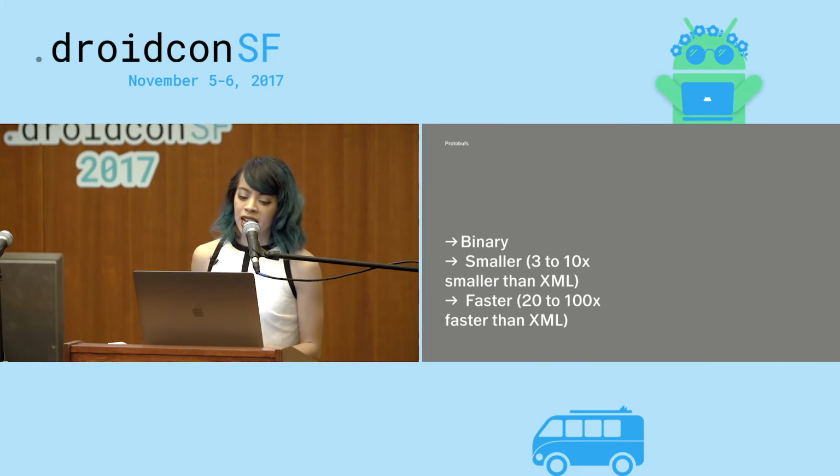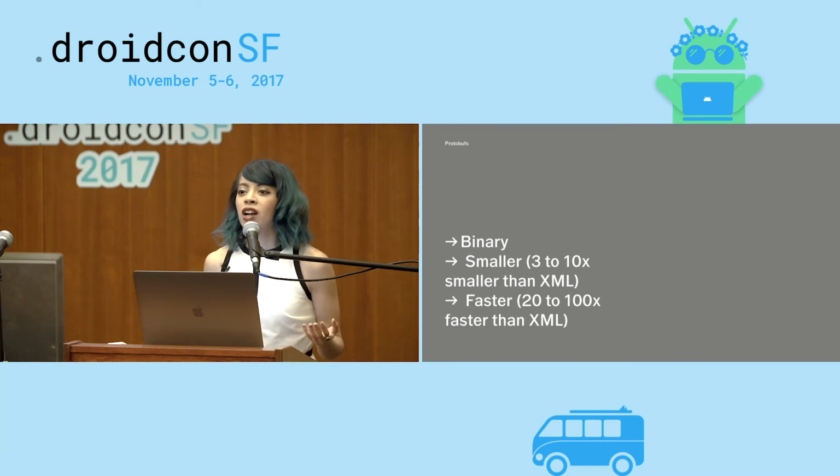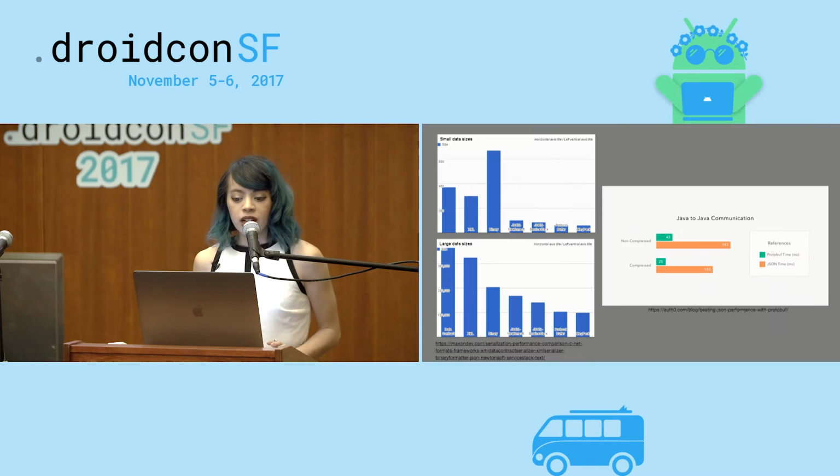So Google claims that it can be 3 to 10 times smaller than XML and also 20 to 100 times faster than XML. I'm not really sure where these benchmarks are coming from exactly, but a lot of people have tried to benchmark it themselves. Here are some examples of